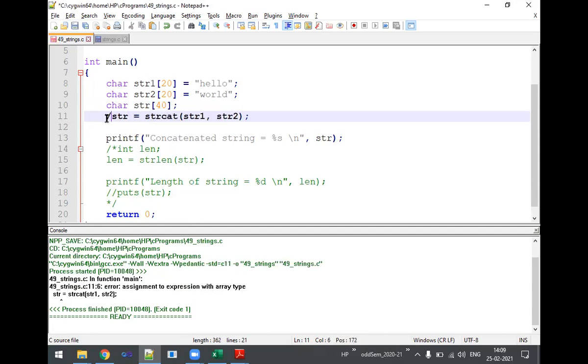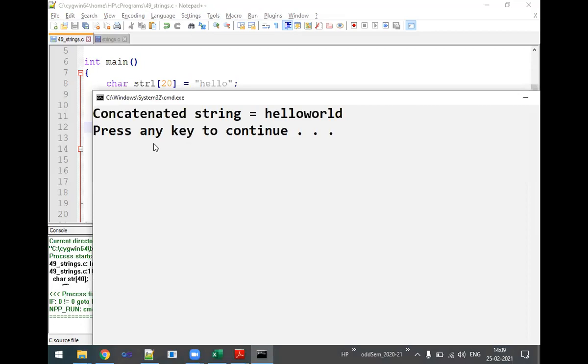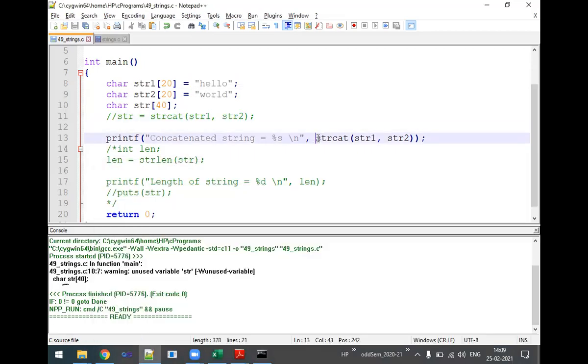Let us do the other alternative way. There is one other alternative way. Let me try it out. I can take this and place it directly here. What I have done is, directly in the printf statement, I am writing the function strcat. I know that this strcat is going to return a string value, so %s here. What is it going to do? It is going to concatenate the first string with the second string and append it to the end. Now, when you look here, hello and world.